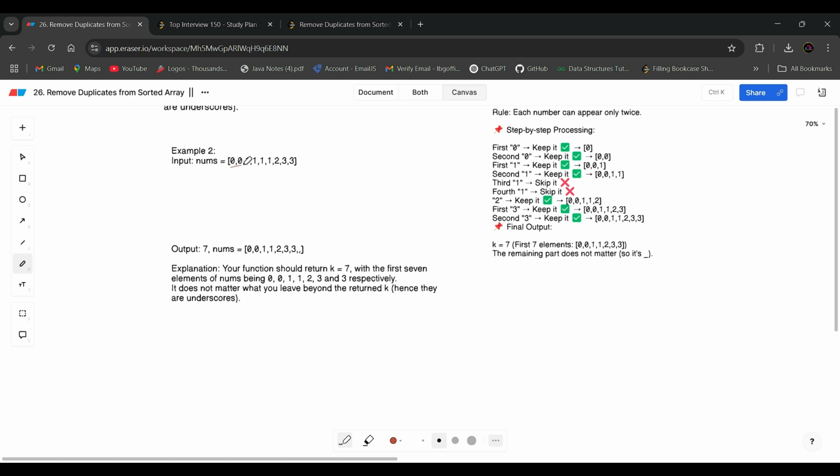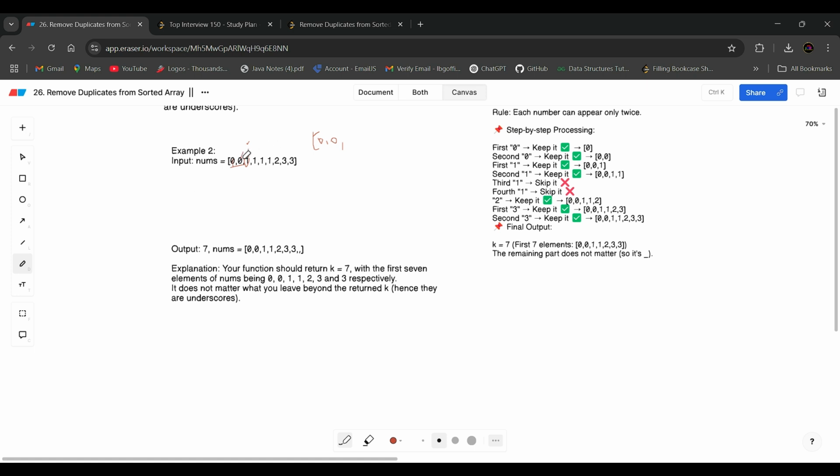We don't need to check the first two elements, since they can't be excess duplicates. We need to check from the third element. So first of all, we make a final array where we initialize 0, 0. Now we start comparing elements with this. So this first one is our i, this 0 is i minus 1 and this is our i minus 2.